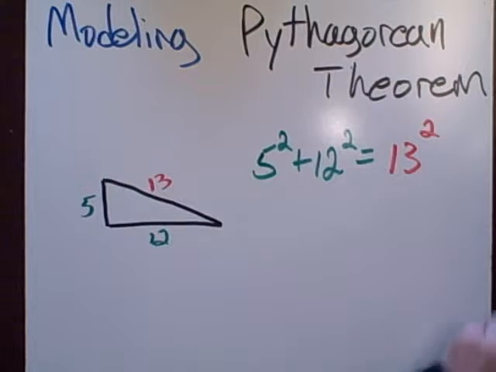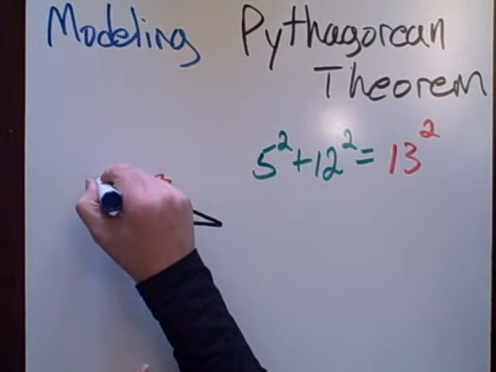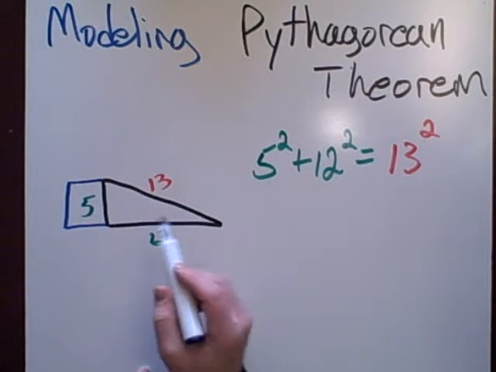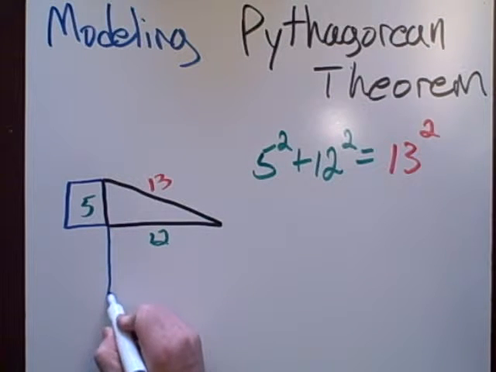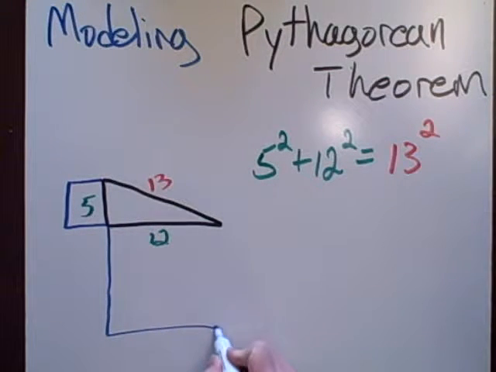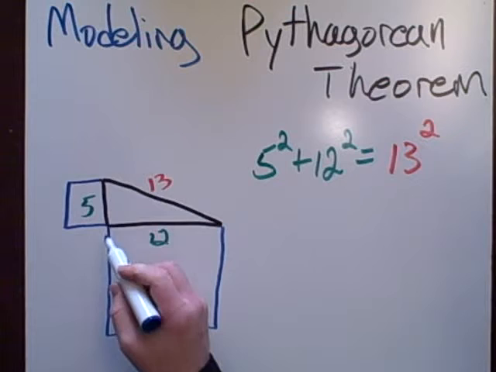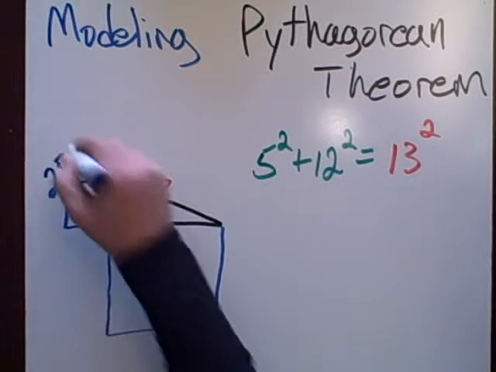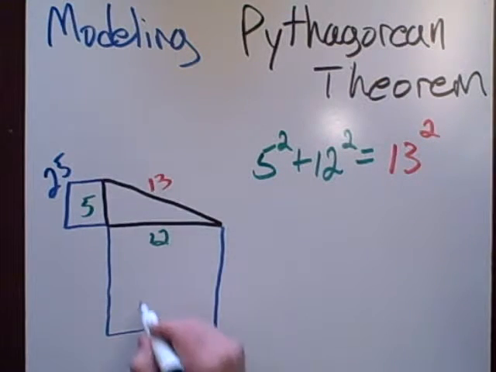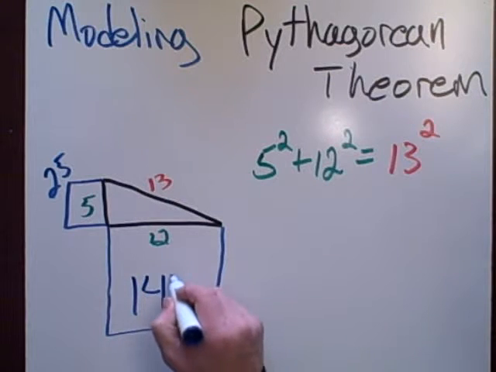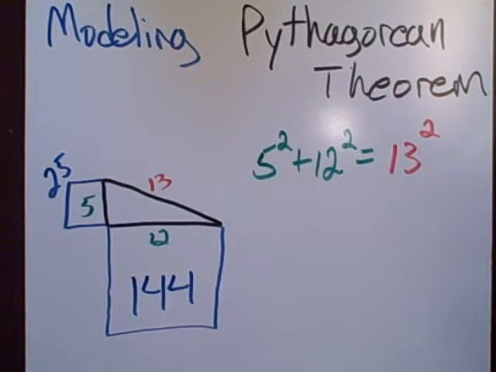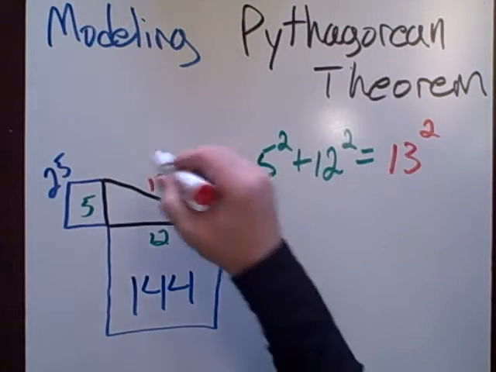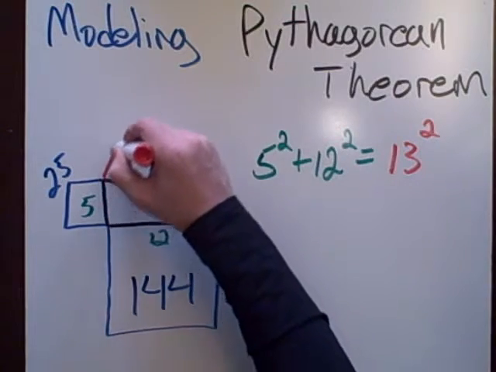So we're going to square the sides, or the legs, the two sides that make up the right angle. And then 5 times 5 is 25. 12 times 12, or 12 squared, is 144. And then 13 squared